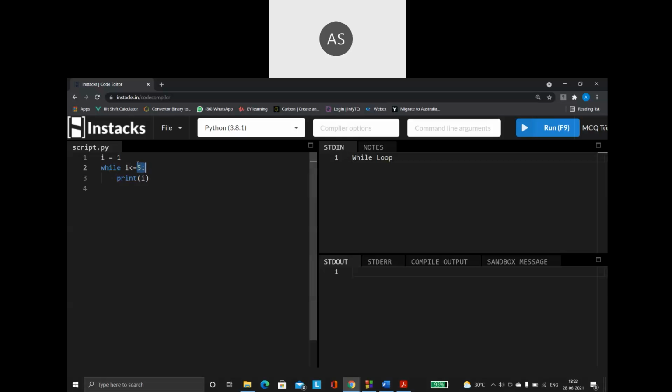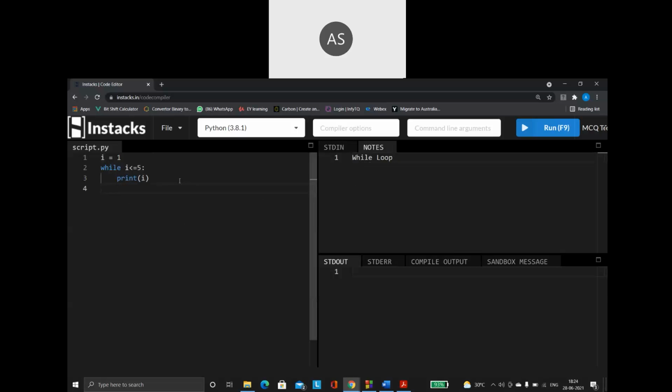So what is it that I have to do here? When my condition is true, I'm just printing the I value. So whatever is the current I value, I'm just going to print that value. So that is what this loop is actually going to do for me. So the loop also seems to be fine. But the problem is, the third part of the while loop is missing in this scenario.